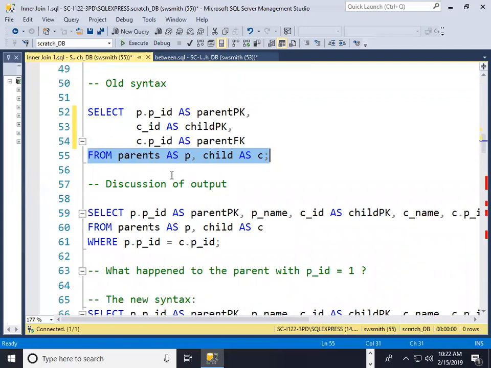Notice that I am renaming the parents table. The main reason I'm renaming the parents table is I don't like to type. I'm a slow typist. I've always believed that good computer scientists are slow typists because it makes us think a little bit more. That may be true, it may not be. Child as C. So I have renamed the tables on the from line. Notice that I have a comma between two tables. So I have two tables in this select from where. I'm going to select the PID from the parent table,